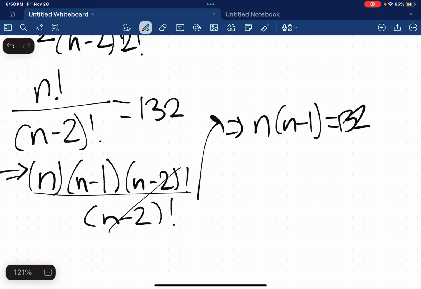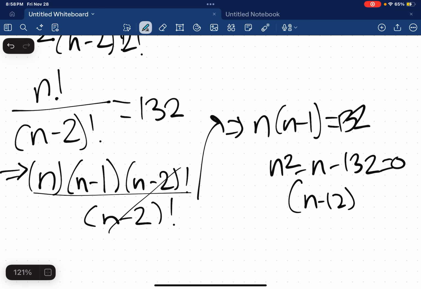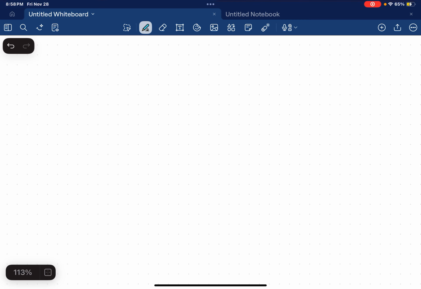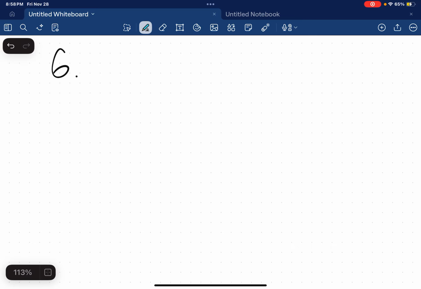We can set up a little quadratic equation. N squared minus n minus 132 is equal to 0. You have (n minus 12) and (n plus 11). That means n is equal to 12 since n has to be a positive integer. Okay, on to 6. Solve this equation that it's giving us. We have 16 times (n minus 1) factorial is equal to 5 n factorial